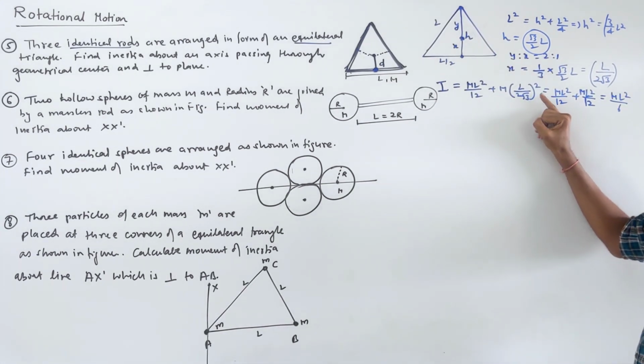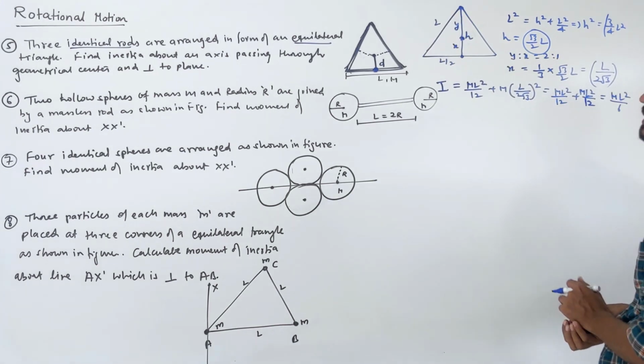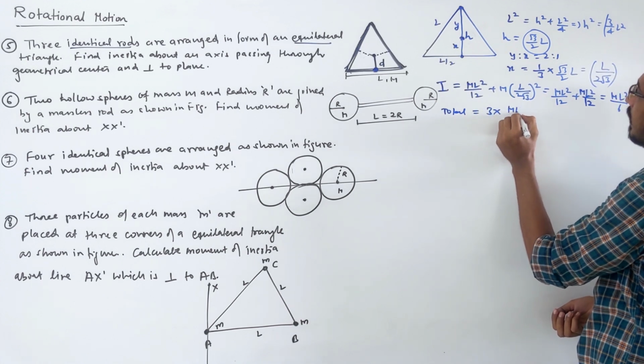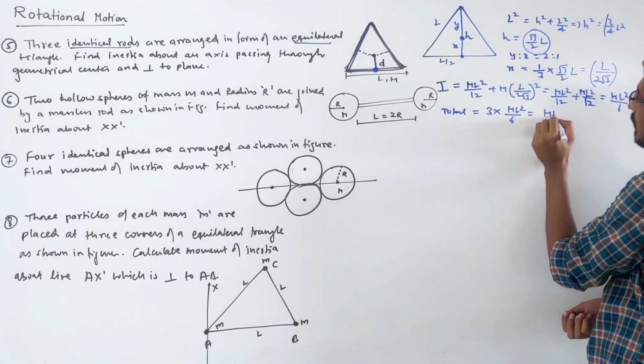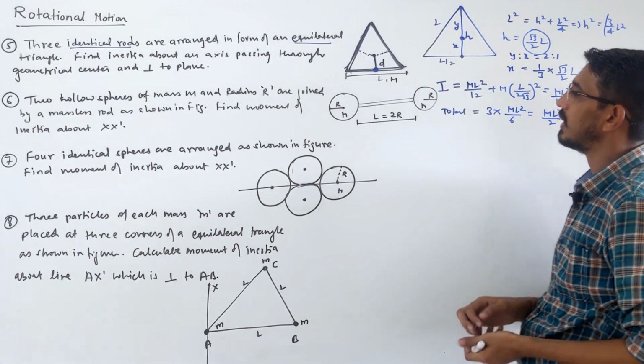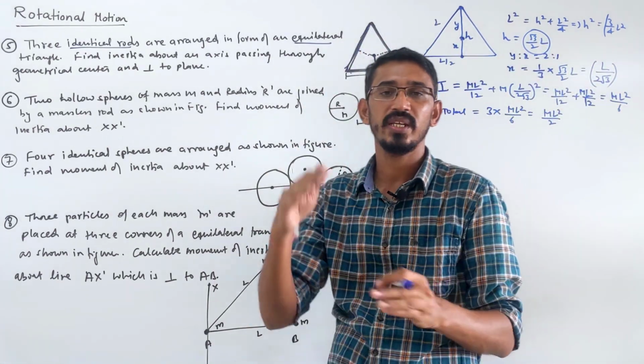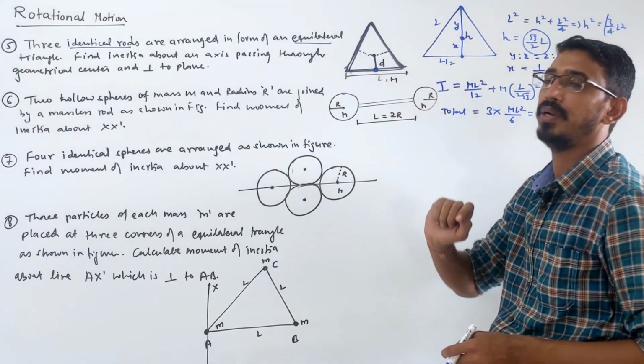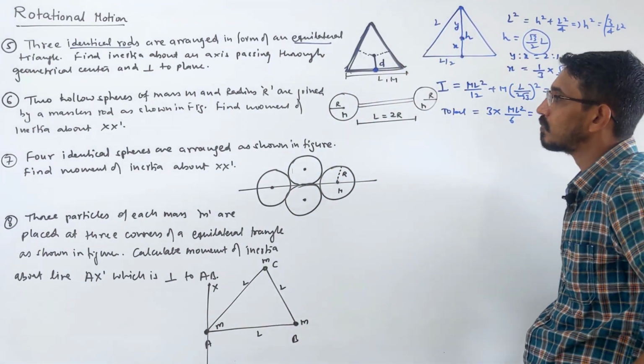So this is the square of this number, L square, okay, 4, and this what? 3, so it becomes 12, yes, it becomes ml square by 6. So the total will be what? We have 3 identical rods, so 3 times ml square by 6, which means ml square by 2. That will be the net inertia of the 3 rods arranged as an equilateral triangle, and we are finding inertia about the centroid, okay? Yes.